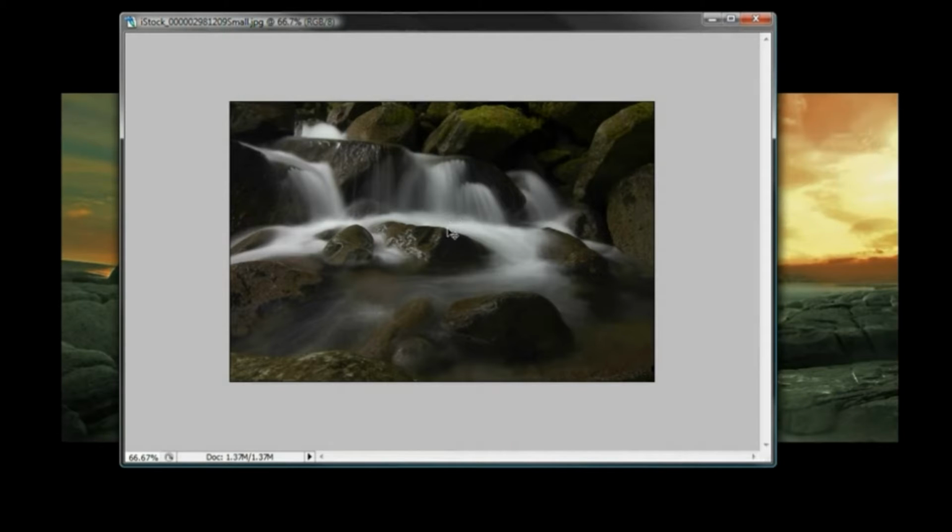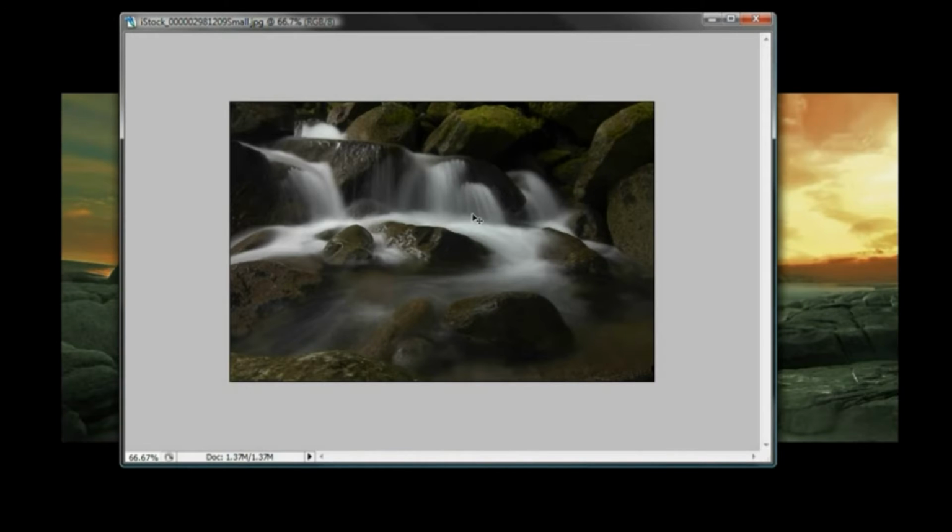slow shutters. Now, a lot of you have probably seen this type of effect done before, and it's been around for ages, where you set the camera up on a tripod and you adjust the options on the camera so it will take the shot and keep the shutter open for a long period of time, anywhere from 1 to 25 seconds, it just depends on what type of camera you have. And so after you take the shot, sometimes you can end up with an image that looks very similar